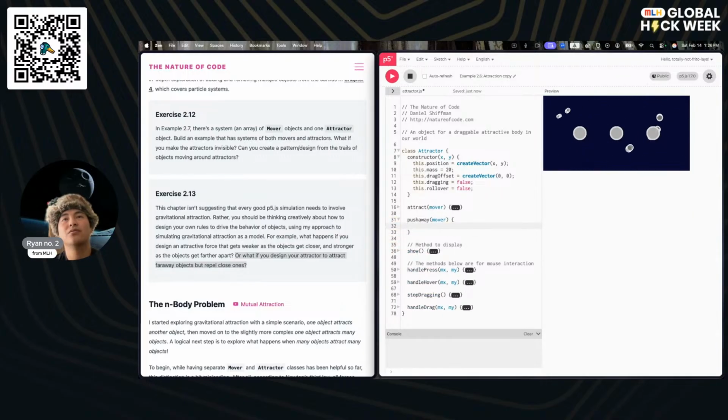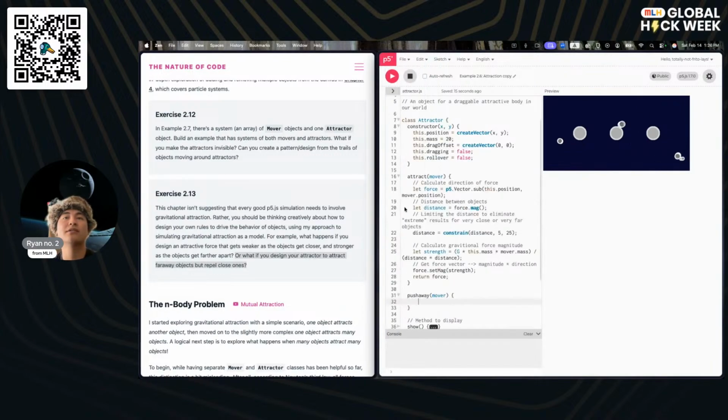And so we are only going to call this function whenever the movers touch the attractor. So I don't know where that logic should live. We could make it so that that logic lives inside the mover, or maybe we can make it so that this logic lives inside the attraction, where we do a little check to see whether or not it should be attracted.